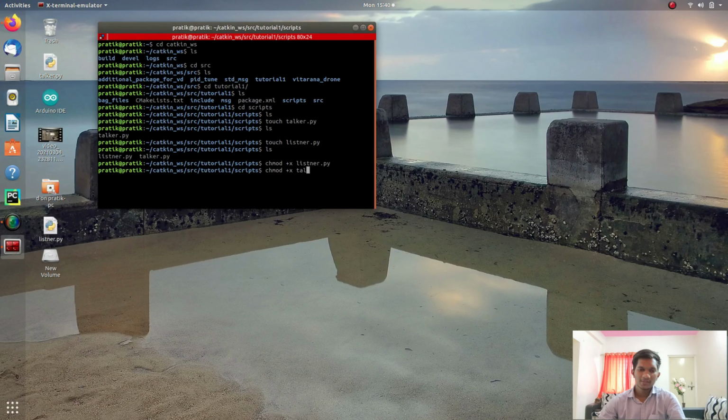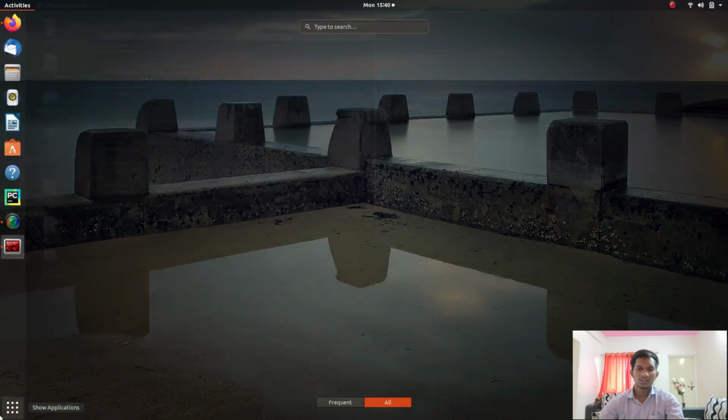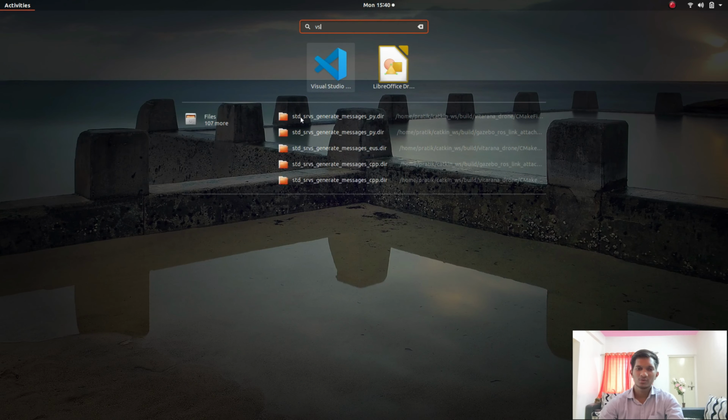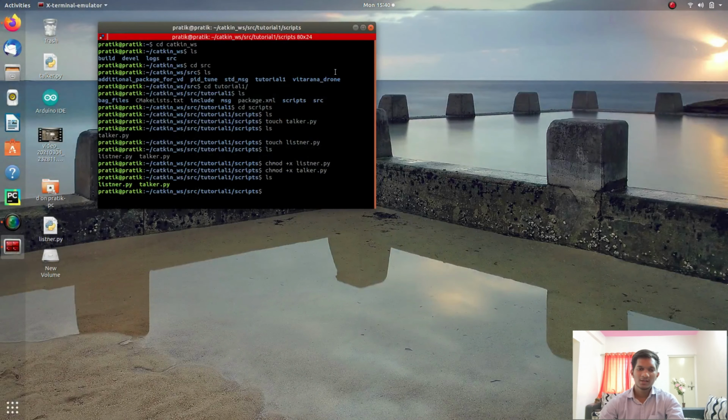So now after that, what you have to do is open these two files, and I'll be using VS Code for that, as it will be easy for us to debug the errors, as most of the time if we use a text editor, it will give an indentation error. So for solving that, we'll be using this.